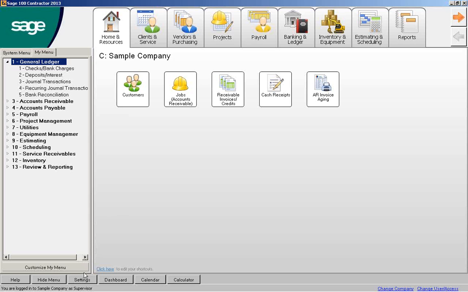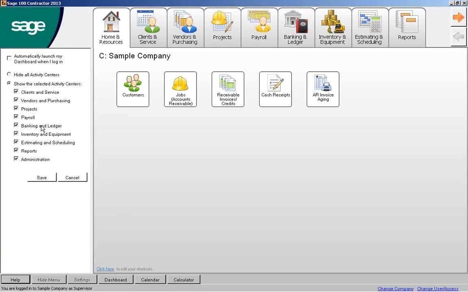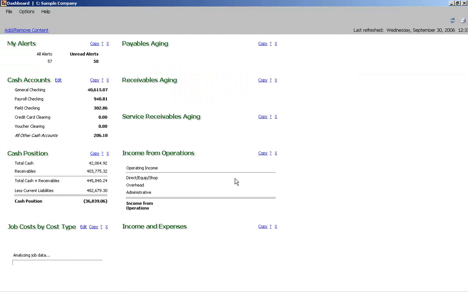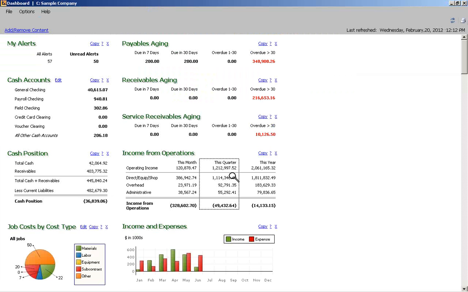If I go down here and click on Settings on the bottom, there's some features in here which are nice. So the dashboard, which we'll look at in a second, I'll pop it up here actually, just in case. I'm sure most of you have seen it if you're in this version or older versions, but this is a sort of bird's eye view of the company with various balances and agings and so forth. This is something that they designed for owners who don't do a lot of data entry, but they want a quick view of the company and the financial health of the company,